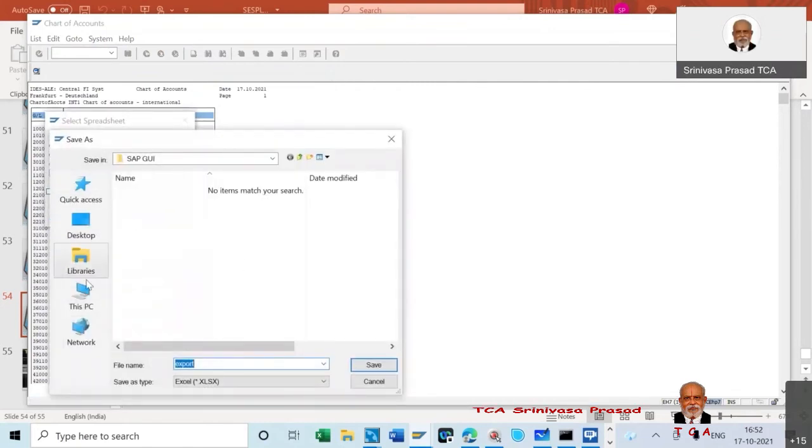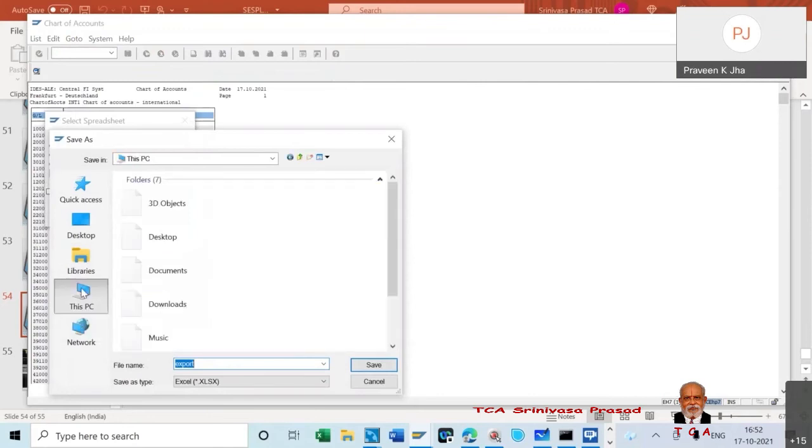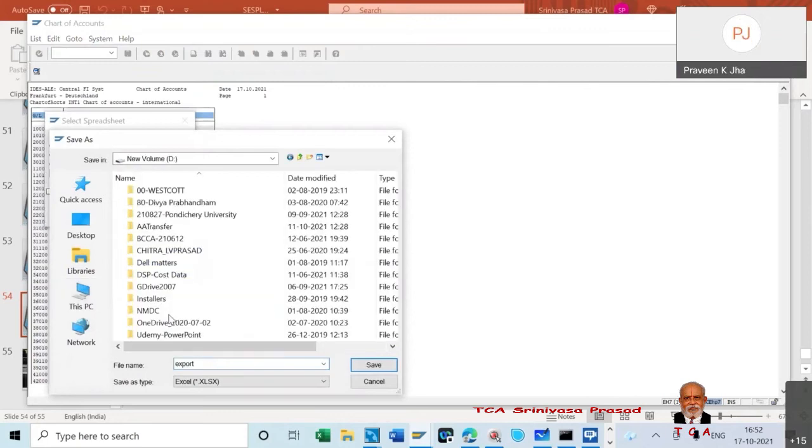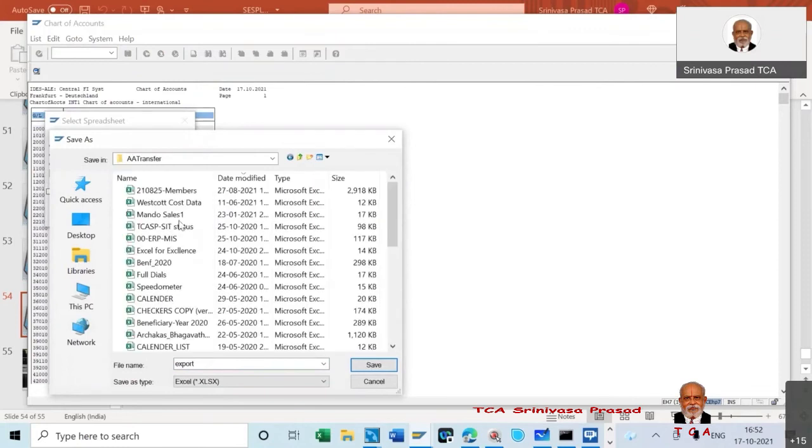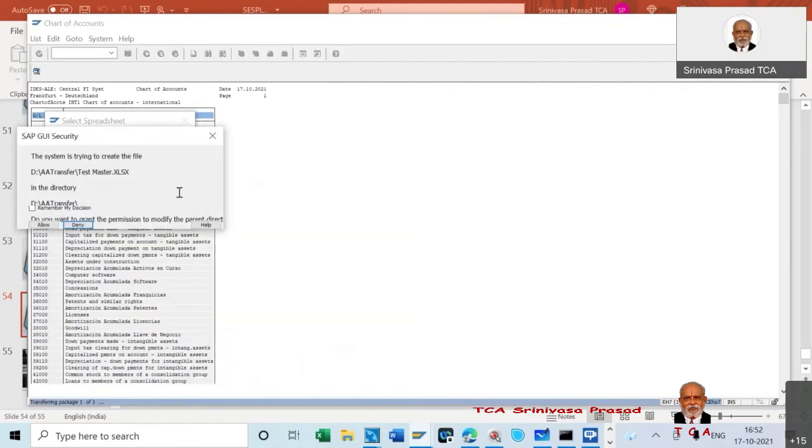Now the system will ask where you want to store it. One minute, otherwise I will find it difficult to do it. I will call it test master. Now I have saved. It is trying to create.